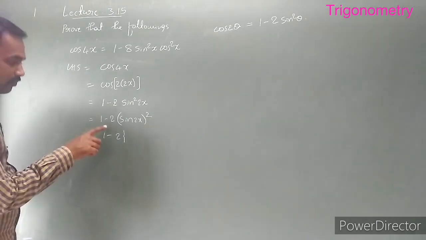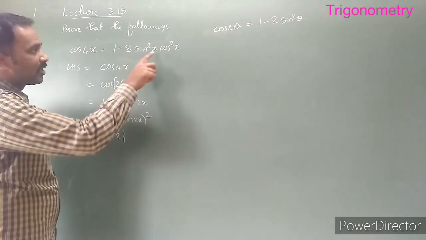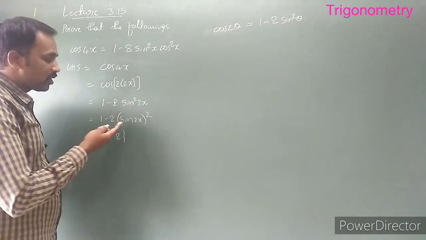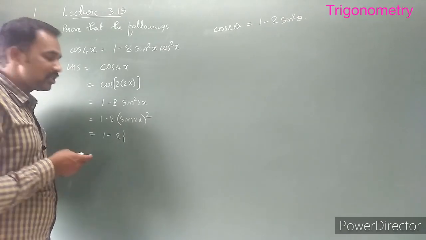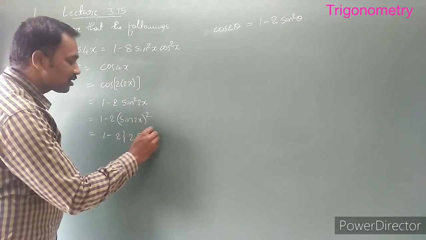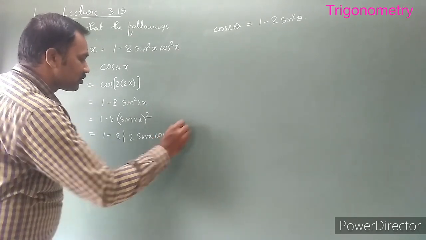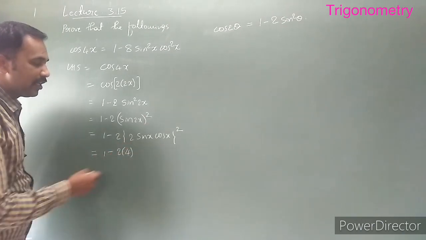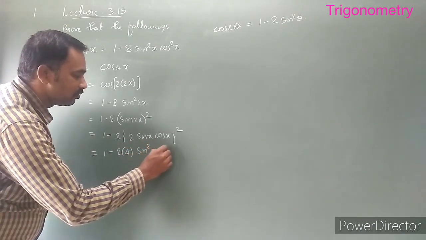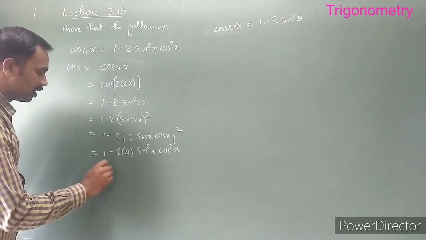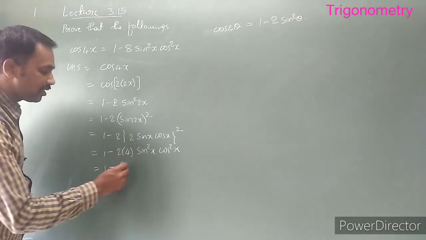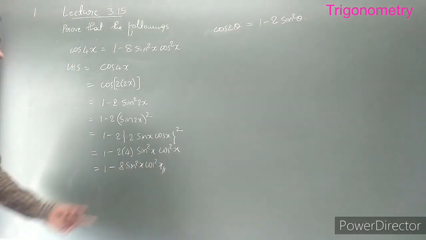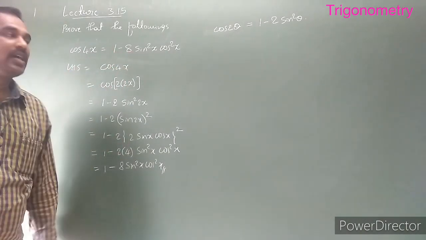What is sin 2x? First of all, have I got the required result? No. On the right hand side the angle is only x, but here the angle is 2x. We need to connect 2x. Yes, we know the sin of 2x. What is sin 2x? It is 2 sin x into cos x, whole square. Now take the square, 2 as it is. This 2 square is 4 into sin square x into cos square x. Now again multiply, 2 4s are 8. 8 into sin square x into cos square x. Hence the answer: LHS equals RHS.